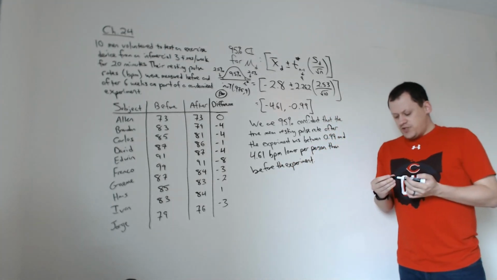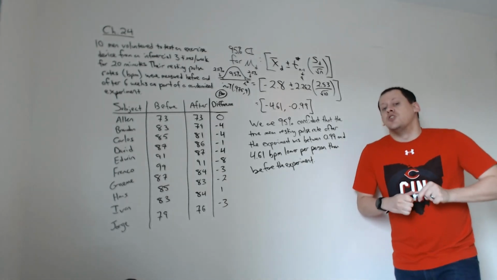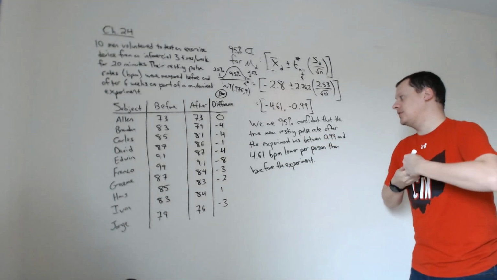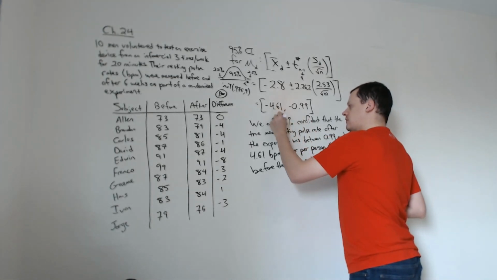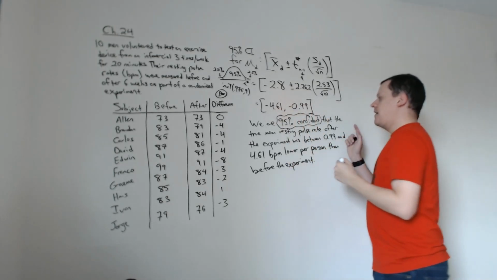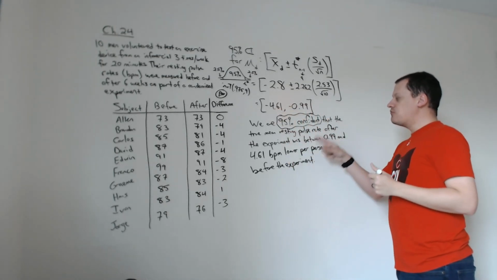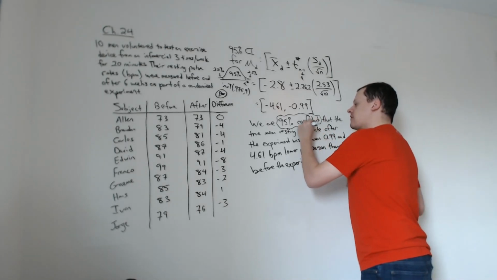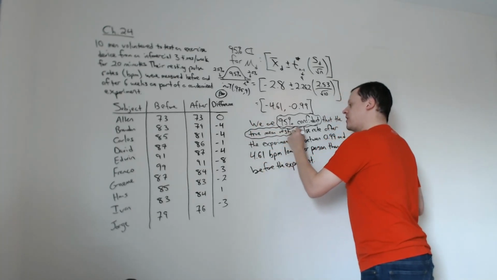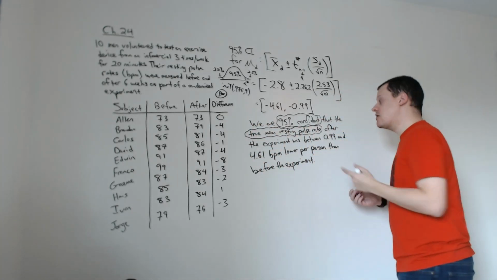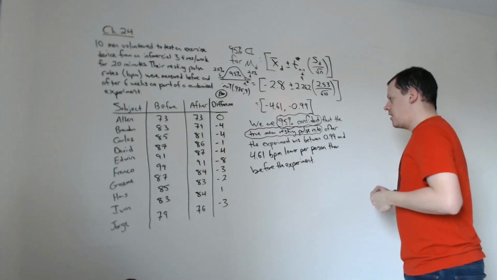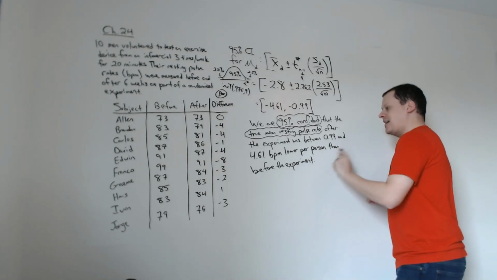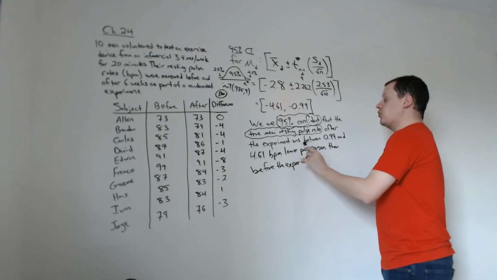So this would be my interpretation. Yours almost certainly is different, but it should say something similar. We are 95% confident. You need that part for sure. That the true mean resting pulse rate after the experiment, you should have true mean resting pulse rate. That's the variable here. That should be in your interpretation. The true mean resting pulse rate after the experiment was between 0.99 and 4.61 beats per minute lower per person